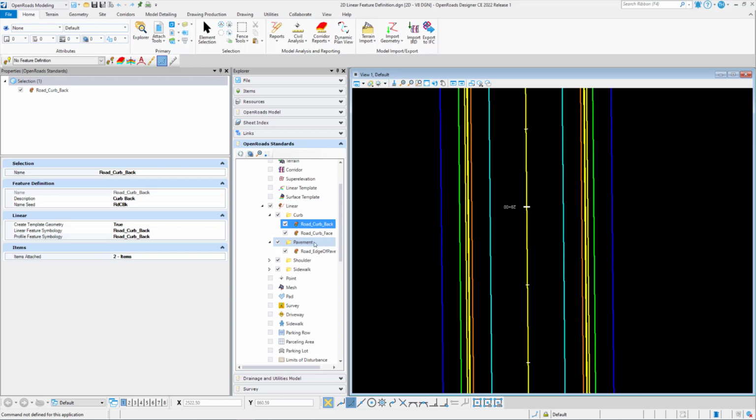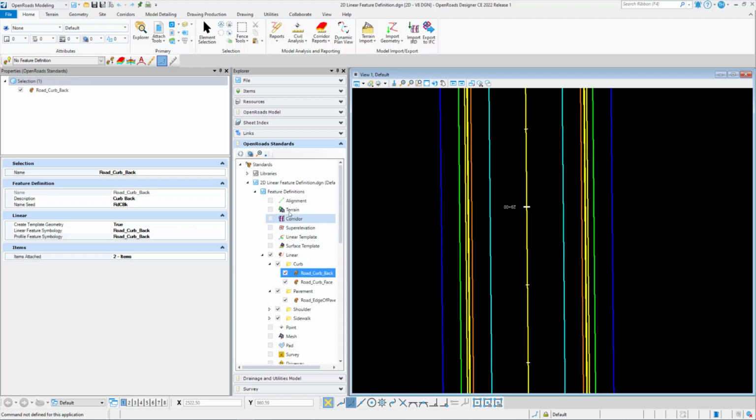In this video, we're going to continue looking at our feature definitions under the linear category for curb and pavement or shoulder and sidewalk. For this example, we're going to take a look at our road curb back, and we're going to take a look at the linear feature symbology and see how that is set up for our curb. And we'll notice that they'll be set up similar for each linear feature definition that we have assigned for this